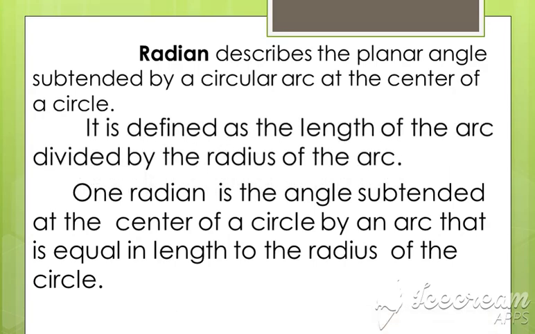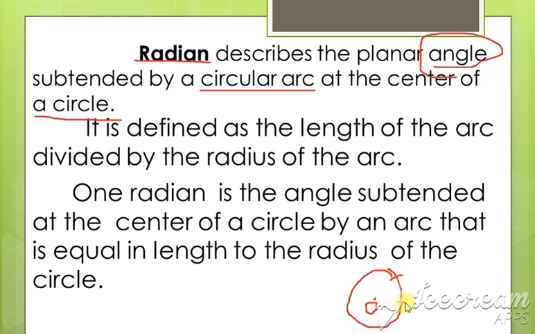What is meant by a radian is that it describes the angle. Radian is nothing but the angle, and that is because of the circular arc at the center of the circle. So we are considering this to be the circle and this one to be the center point, okay, and we are considering this to be the arc, and because of this arc if we get any angle, okay, so this angle is said to be the radian, okay.